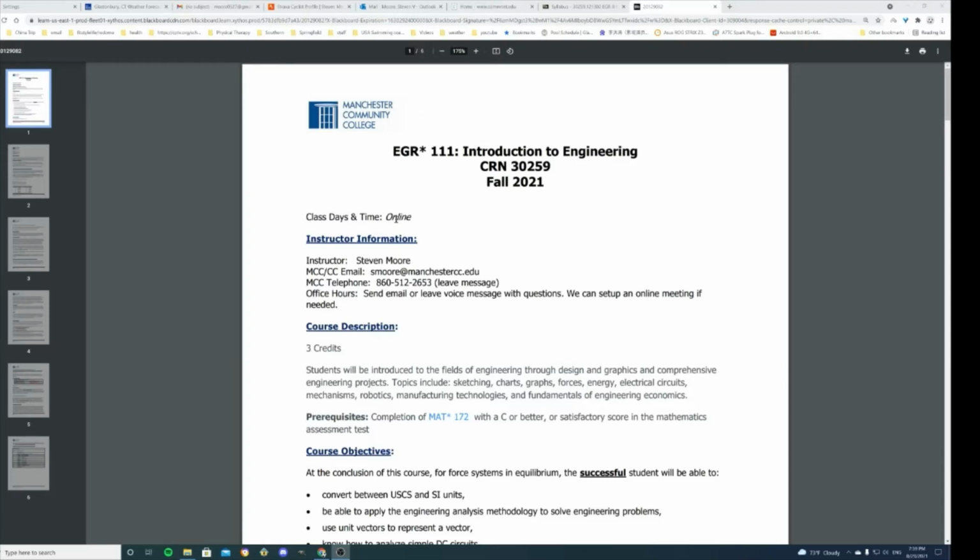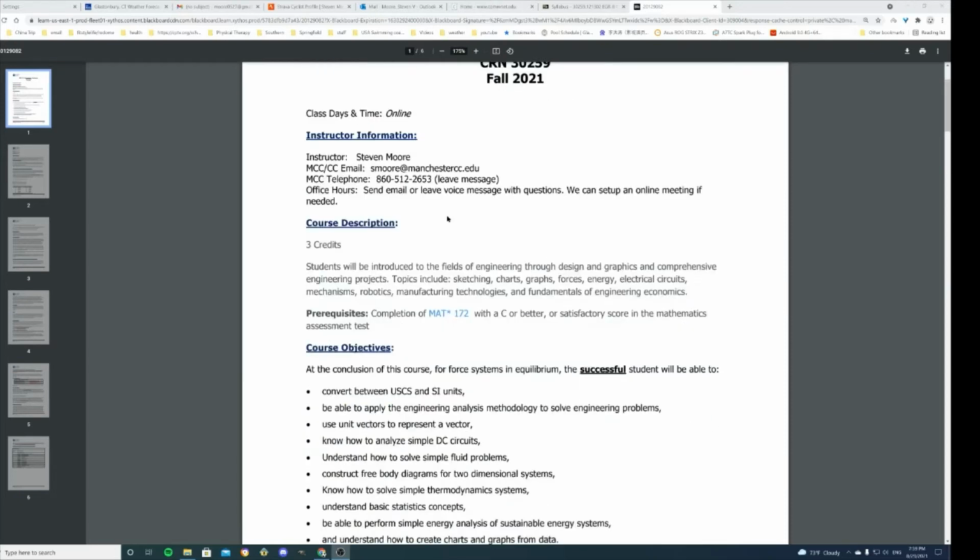Here's my contact information. You can leave a message through that phone or voicemail. At this point, I don't have any plans on going to campus, but that can change. We can also do an online meeting if needed, and I have done some of those in the past where students had specific questions.